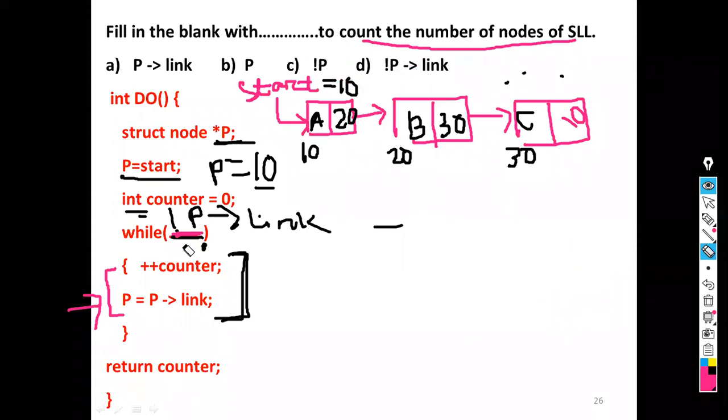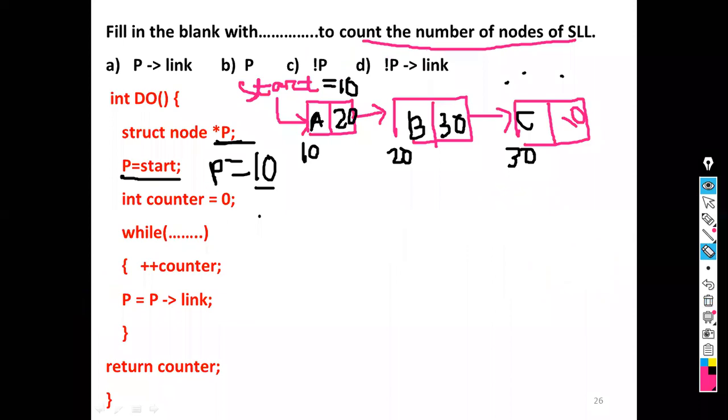That is not of P and link. Okay. So now tell me, you have now in your hand 2 options. So this is not true. This is not true. C and D are removed from the answer list. Now you have 2 options, P link or P. Which one is right? So that's why I have given 1 minute of time.